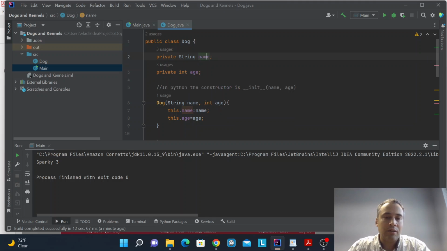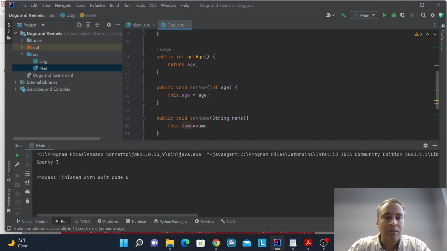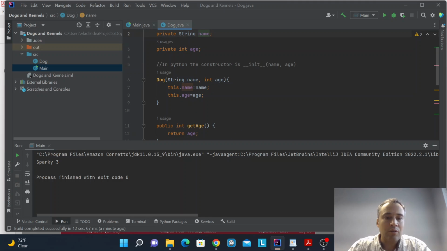Or you might want to check the name if it contains some foul language before you let the dog be created. And all of that can be done in getAge, for example. In setAge. Or it can be done while making a constructor, even better still, if you want your constructor to produce